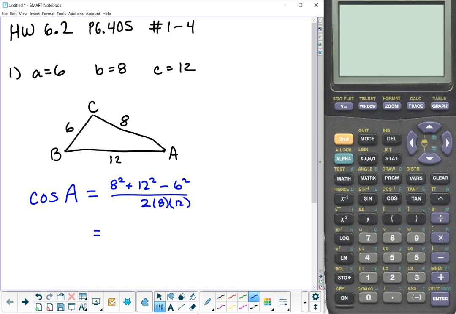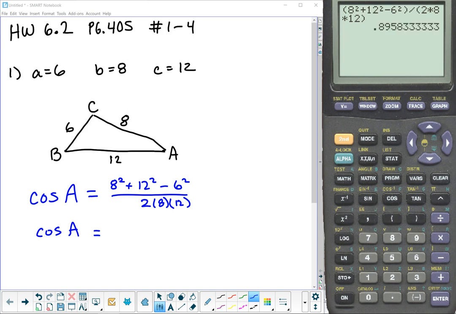Right? Utilize the calculator for all that. And if I was doing this, I would actually just do this in one move, right? So watch how I do this. I would do parentheses 8 squared plus 12 squared. You can do this on the small calculator as well, or if you have an Android, you can do it the same way. Just type it in just like that, divided by, and then parentheses again, 2 times 8 times 12. Just like that. Okay, enter, and you get